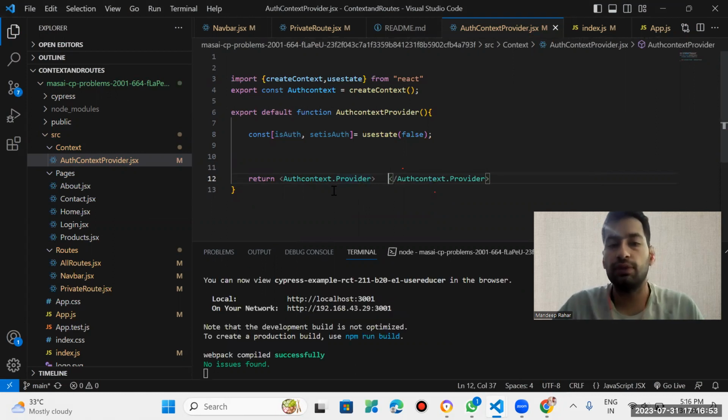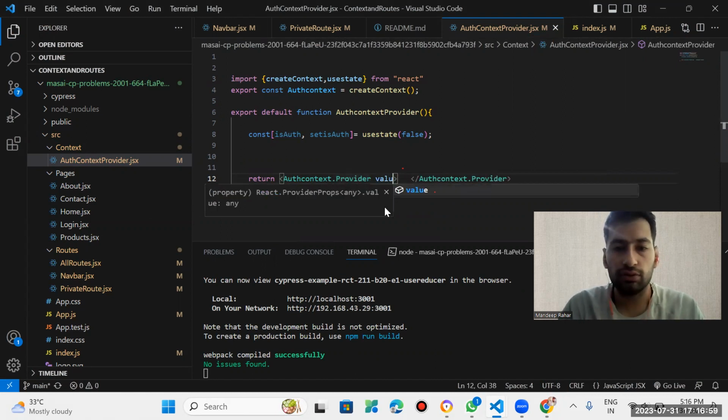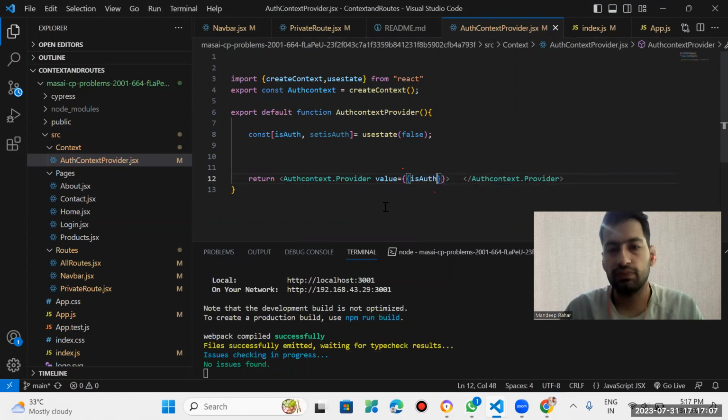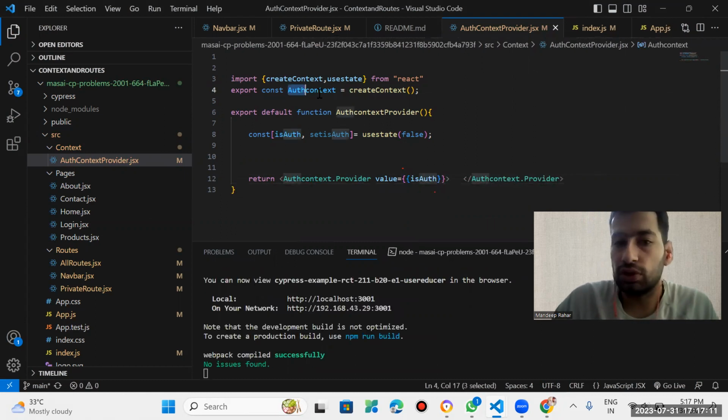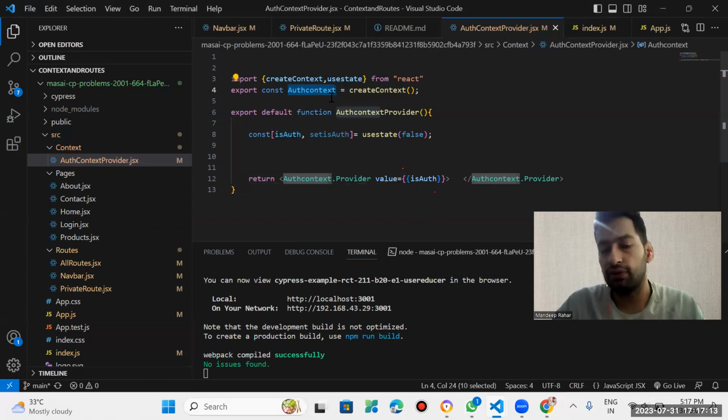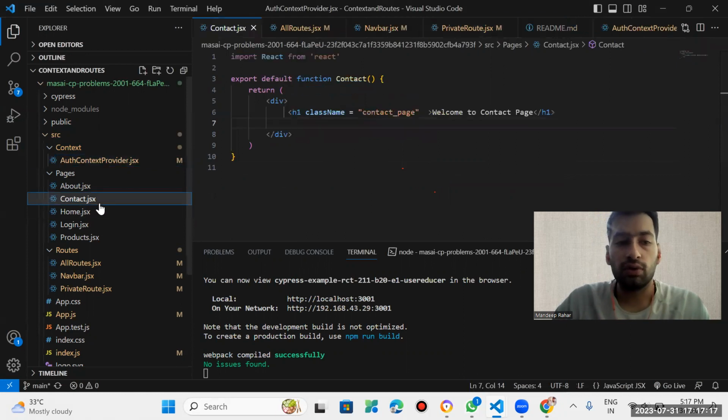From this we will provide our auth context on every page. Whatever you want to use from here on every page, give it a value, and in the value we give it isAuth. Okay, now I can import this auth context wherever we want. That means if we want isAuth on the contact page,